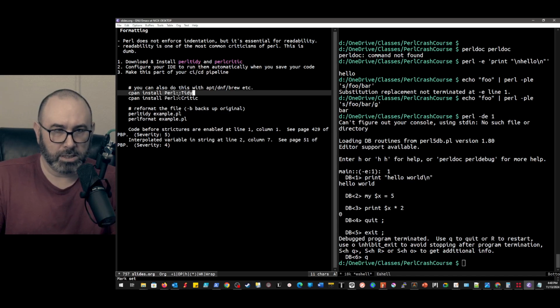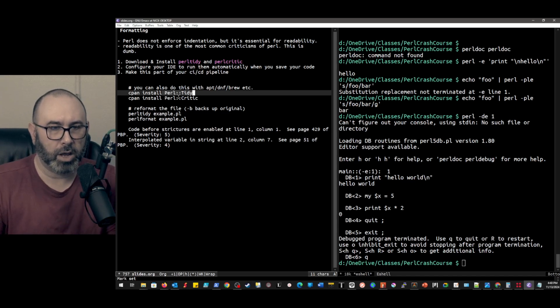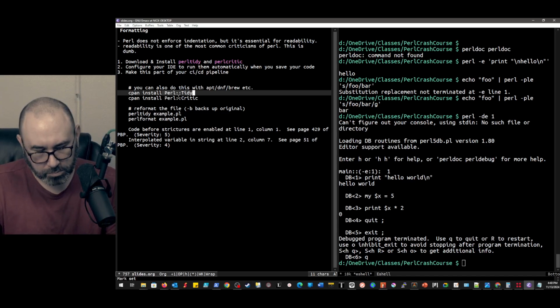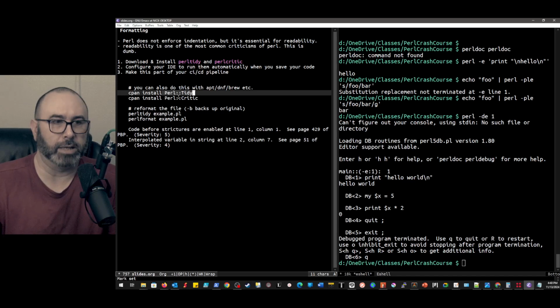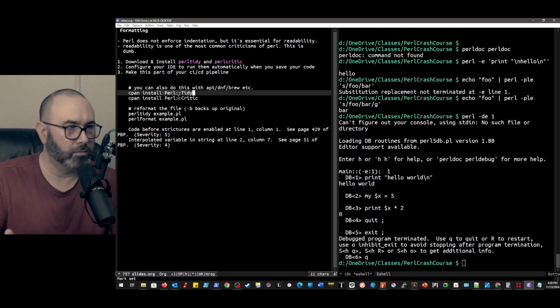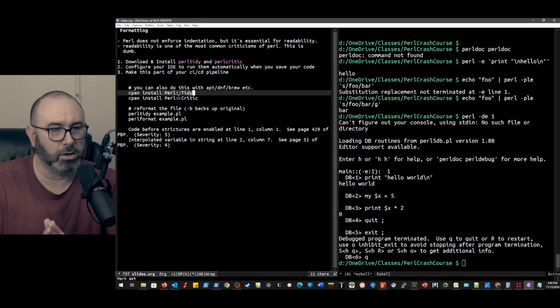And then basically the idea is you can lint and validate your code by running these two commands, right? So very, very simple to do. You do something like perltidy. If you want to keep a backup of the original, you can do -b, and then it'll give you the formatted file that adheres to standard style guides.